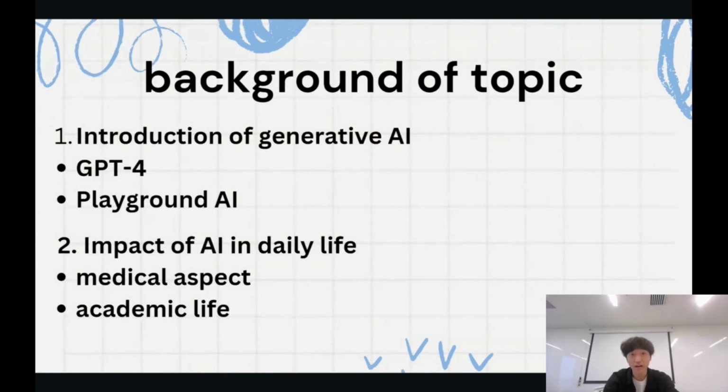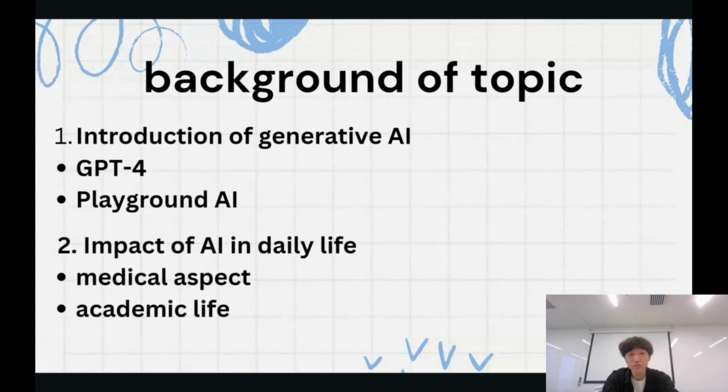Generative AI is a branch of artificial intelligence that can create new content, such as images, text, music, etc. For example, generative AI can produce realistic portraits of people who do not exist, write poems or stories in different styles, and even generate codes for various applications. Generative AI uses deep learning models, such as neural networks, to learn from large amounts of data and generate new content that is similar to the data.